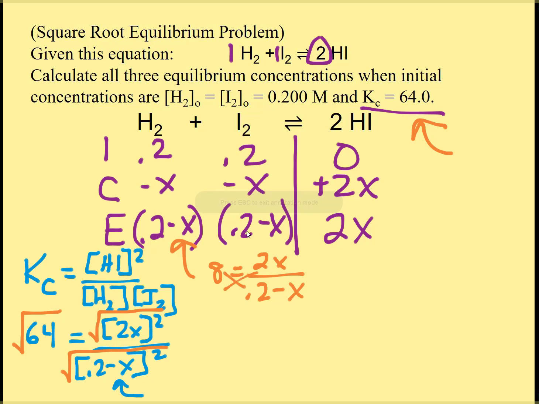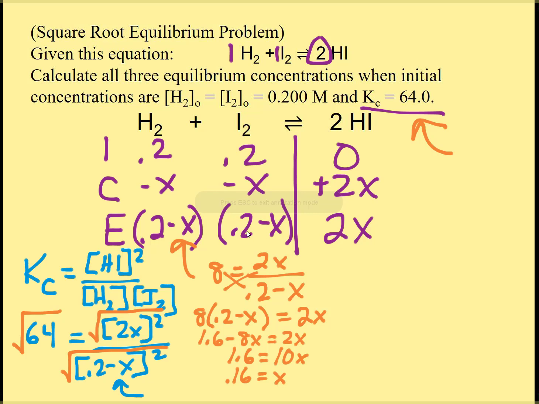All right, let's go ahead and solve our problem. So I'm going to cross multiply. You do your math however you want to do this. So I have 8 times (0.2 minus x), and on this side, I have 2x. So let's distribute. Let's get our x's on the same side, so I'm going to add 8x to each side, and then divide by 10. And I have x is equal to